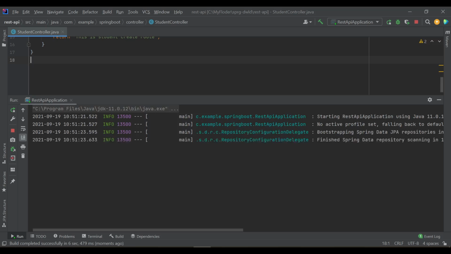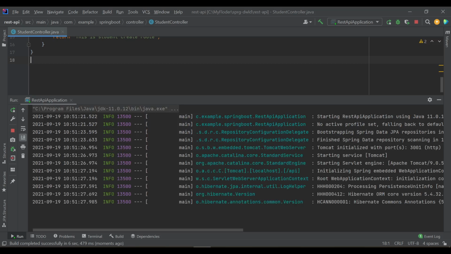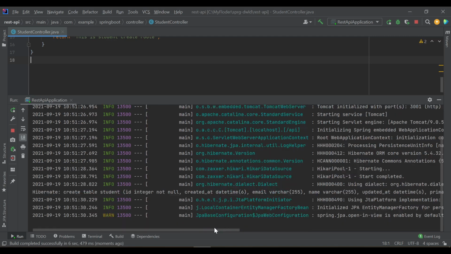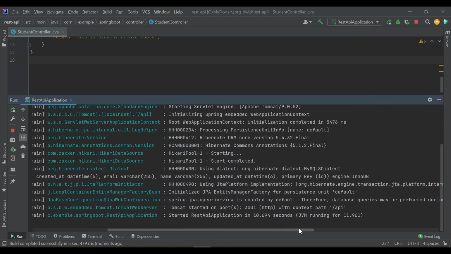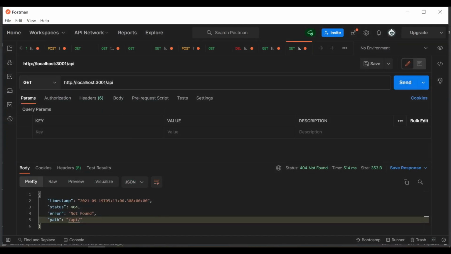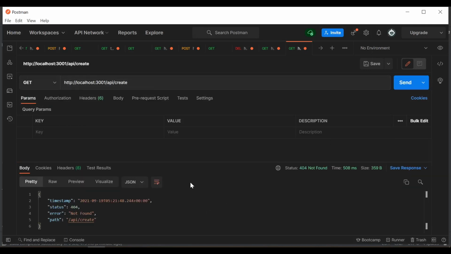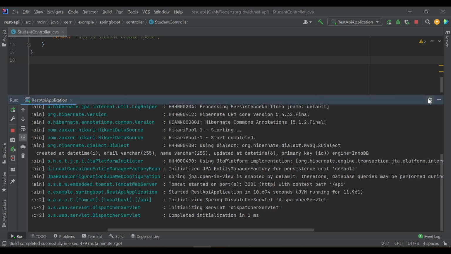So this application is starting. You see, create a statement generated by Hibernate. Okay, so let's test this. So when you go to the /create, oh, my mistake.